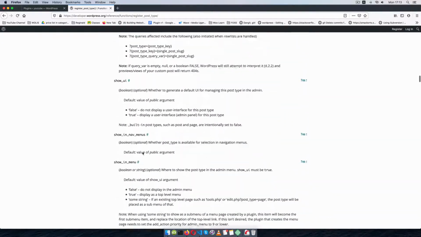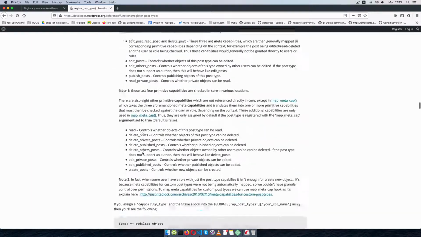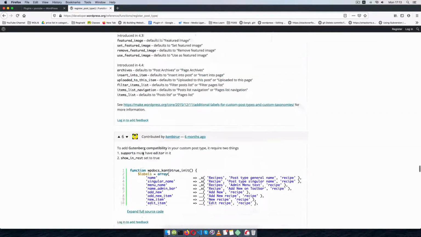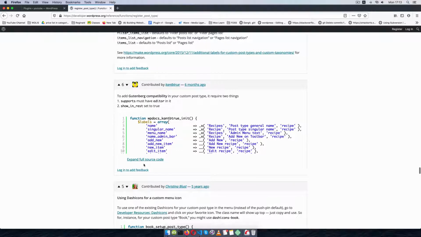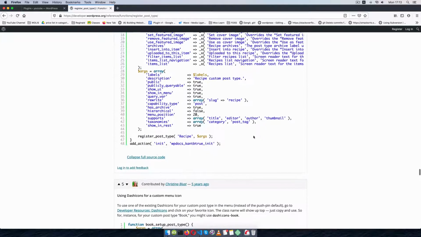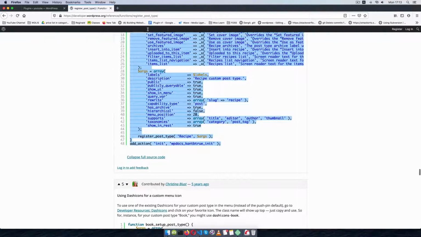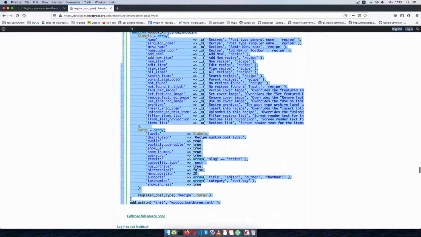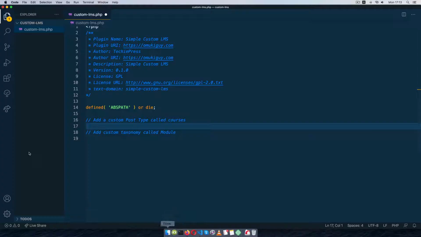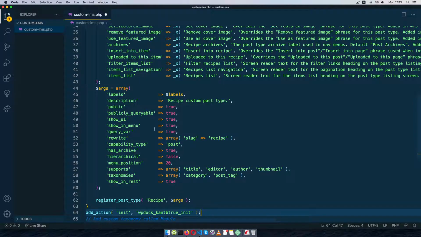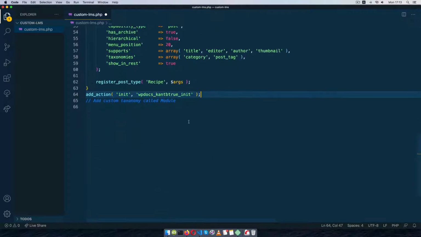But what I'm going to do here on this page is scroll all the way down so that I can see just a sample usage of this particular post type. So I'll copy this code, it's among one of the highly recognized comments, come back here in my code and I'll paste it, then I'll just run through for you what's